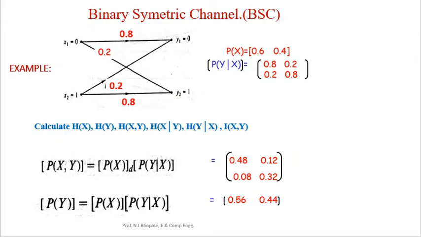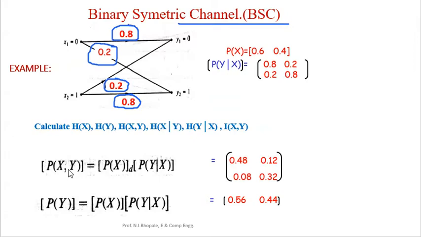So the problem statement given to us is related to the binary symmetric channel. If it is asked to identify which type of channel this is, you can easily identify it based on the nature of the channel. Here, the probability associating x1 with y1 is 0.8. Similarly, the same value is provided for x2 with y2, and for x1 with y2 it is 0.2, and this is also 0.2. It means when these crossing probabilities are matching and these two are matching, this type of channel is nothing but the binary symmetric channel.